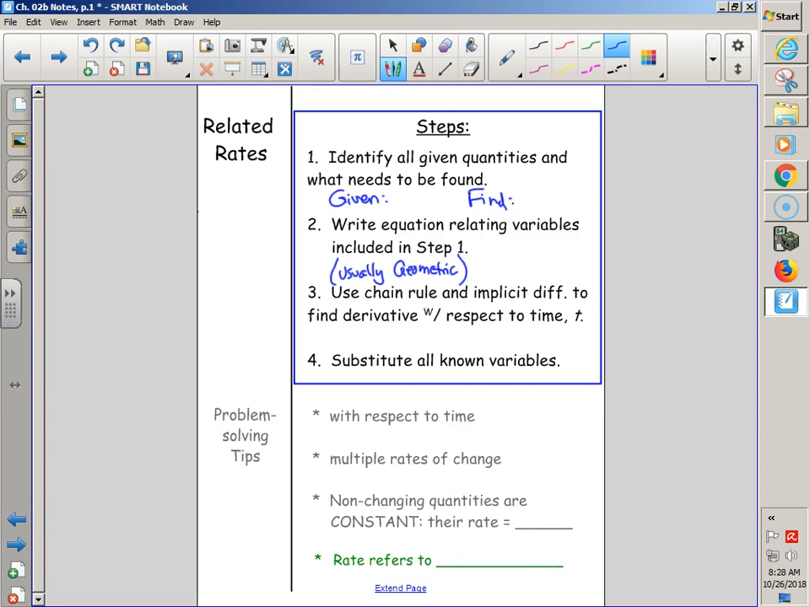Ratios of proportion, ratios of similar shape, or dimensions of similar shapes are proportional. I don't know, there's all kinds of different things to use. Use chain rule and implicit differentiation to find the derivative with respect to time. We did chain rule and implicit at the very beginning of notes, right? d/dt of A is dA/dt. d/dt of A equals pi r squared. We have to think through how to do that. Substitute all known variables. And if something's missing,